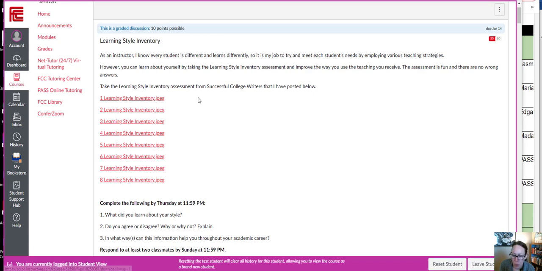Okay, now on this thing, this is great. However, this is going to be a problem if you ever have any students who need any type of accommodation, right? This is so hard to see, and it's not only illegal to do this for copyright reasons, but also for accessibility reasons. So I've found a learning style inventory